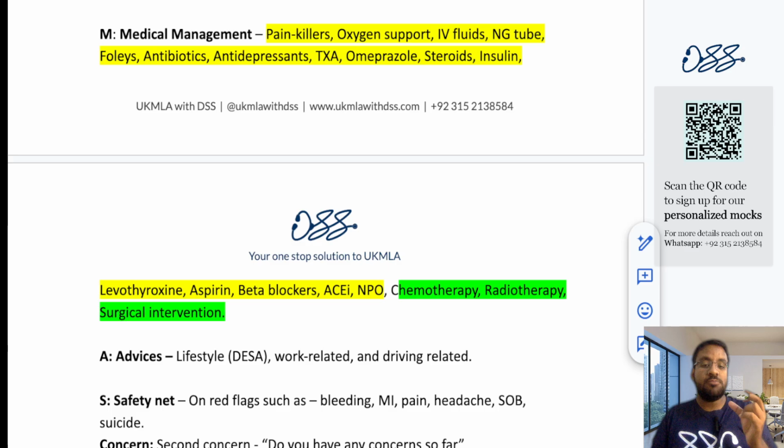Okay, so it's important that you say what the specialists are going to do, or what the seniors are going to do. Let's take an example of a patient coming with MI. Okay, you did an ECG, you did the troponin I. You admitted the patient in your care, in the cardiology section, or you retained the patient in the A&E. And as an FY2, for the pain you give morphine, for the oxygenation you give oxygen therapy, you give nitroglycerin as well, and you give aspirin as well. Okay, and that is all you can do.